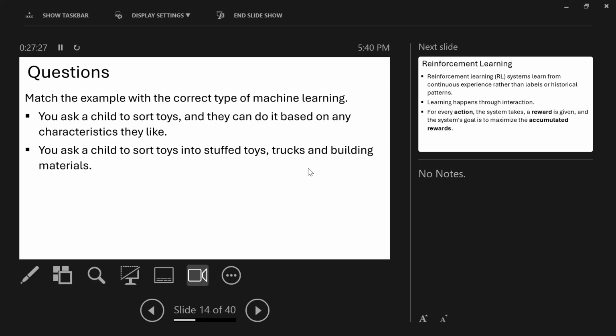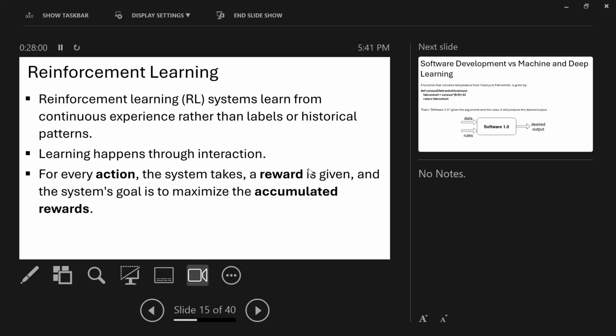In the second example, you ask a child to sort toys into stuffed toys, trucks, and building materials. Yes, supervised, because the answer is there. You told the child to sort it into the categories you want. Then under supervised, is it classification or regression? It's classification.